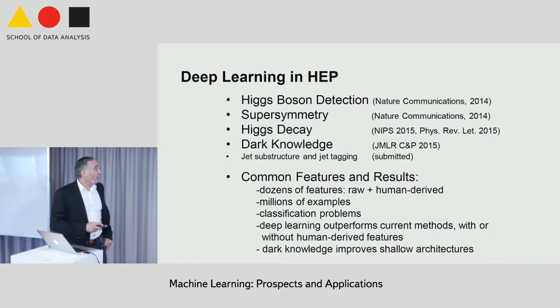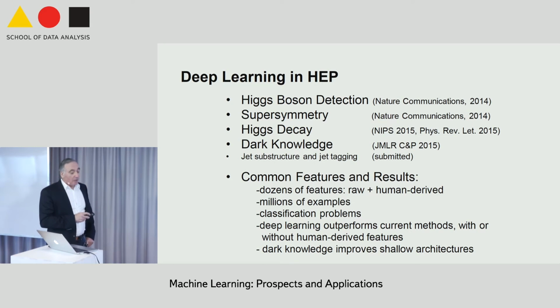So we have now been applying these techniques to various problems. So detection of exotic particles, for instance, the Higgs boson is a famous one, but also supersymmetric particles. We have been applying it to how the Higgs boson decays. Physicists have different theories about the decay of the Higgs boson. And more recently, we have been tackling other problems, such as what is called jet substructure and jet tagging problems. These are problems that occur upstream of these problems, as I'll show you in a moment.